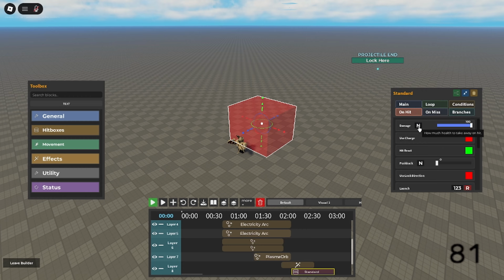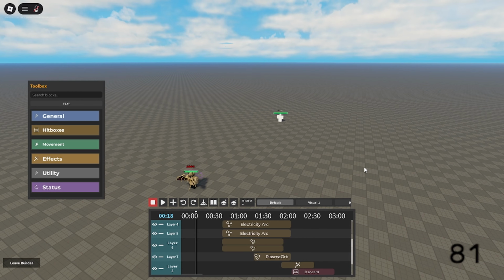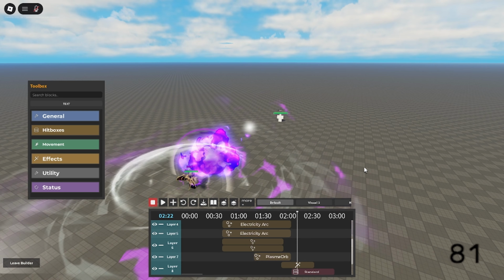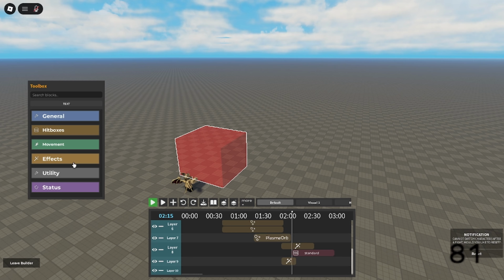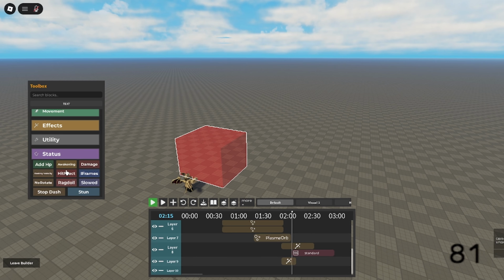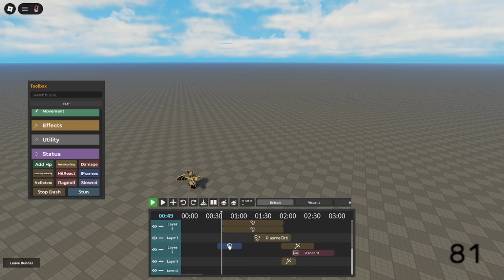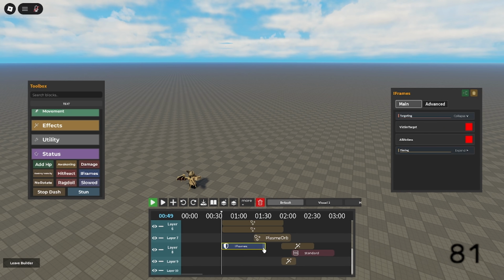when it hits them, we're gonna have a little bit of pushback. So like 50 pushback should not be that bad. Yeah. Oh, you're probably also going to want to add iframes. So as the effects start, you're probably going to want to add iframes. So you can do that